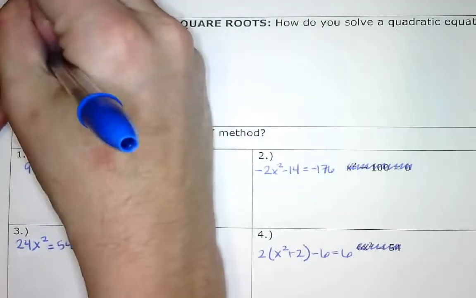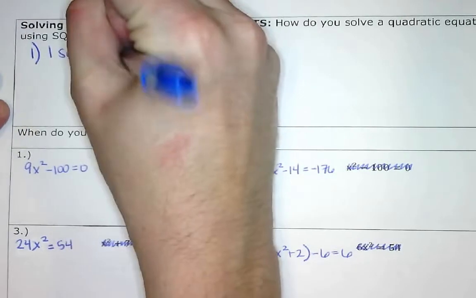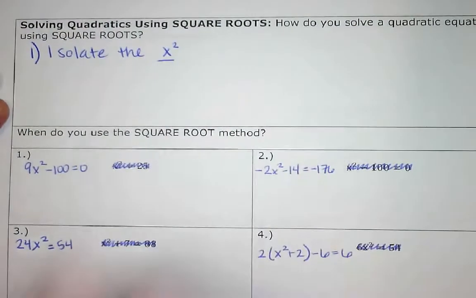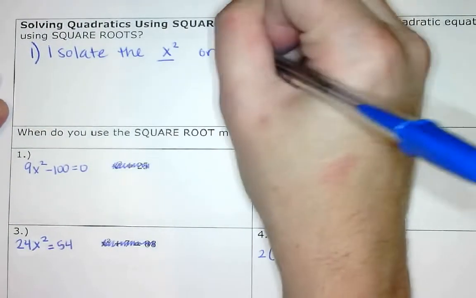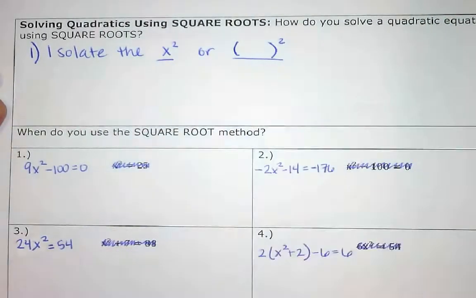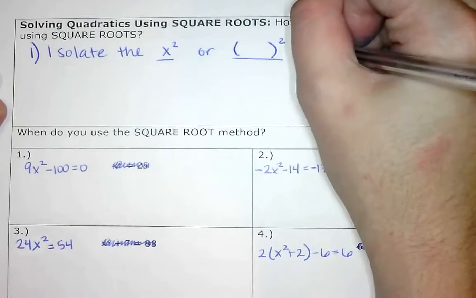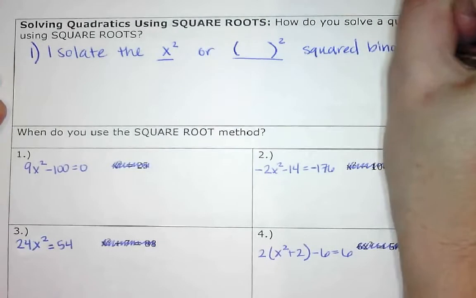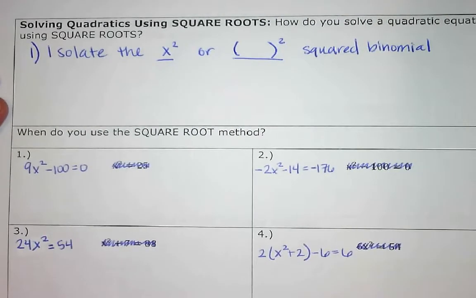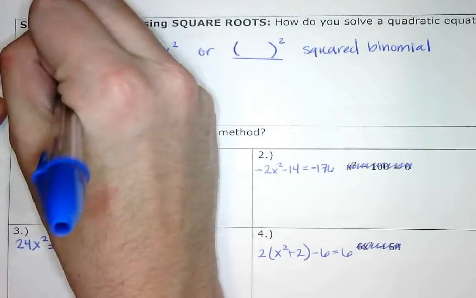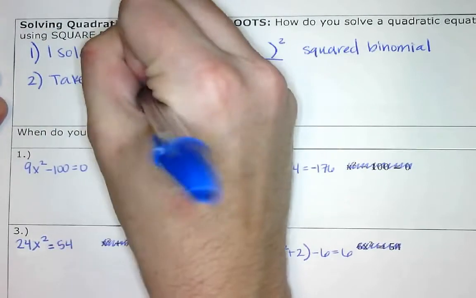So the first step, guys, is you are going to isolate the x squared term, or the little squared binomial. It's going to look like x plus something, or x minus something. So that is my squared binomial. So the first thing we want to do is isolate that x squared or the squared binomial. And then the second thing we want to do is take the square root